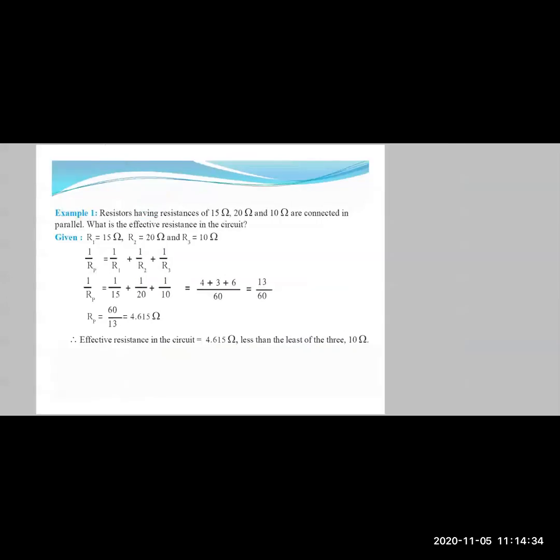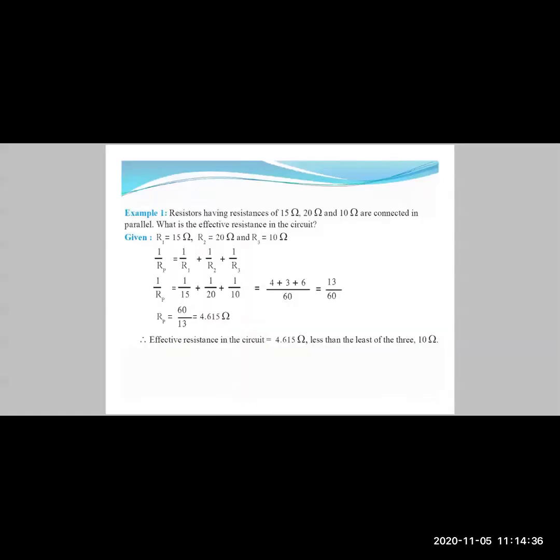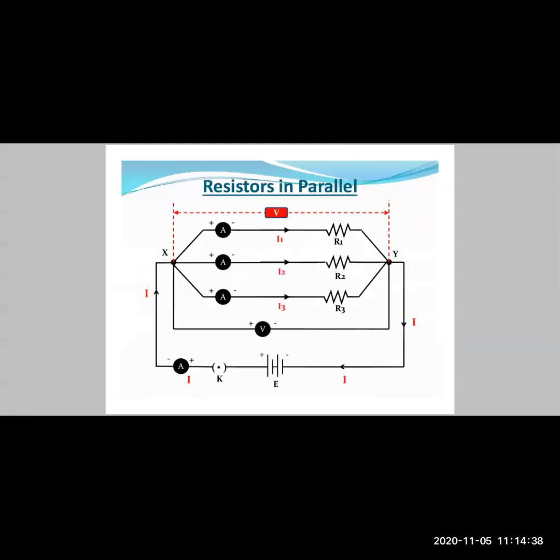Now let us go through this once again and just revise what is a resistor in parallel, right? So in a parallel combination, again, you need to remember that you have to connect the three resistors, or whatever number of resistors, in such a way that the two ends are connected to a common point, right? So in this case, the common points are X and Y. Then the voltage across points X and Y remains constant, which is V.